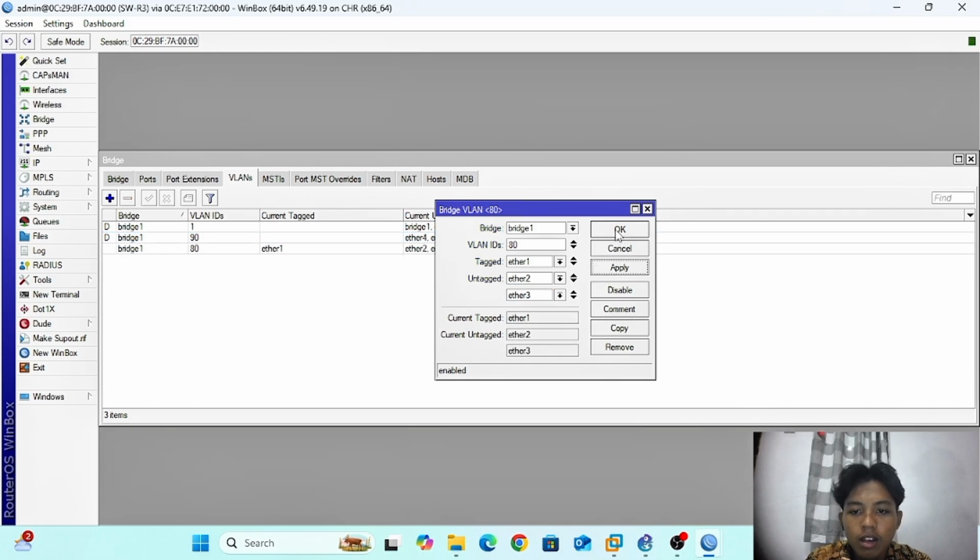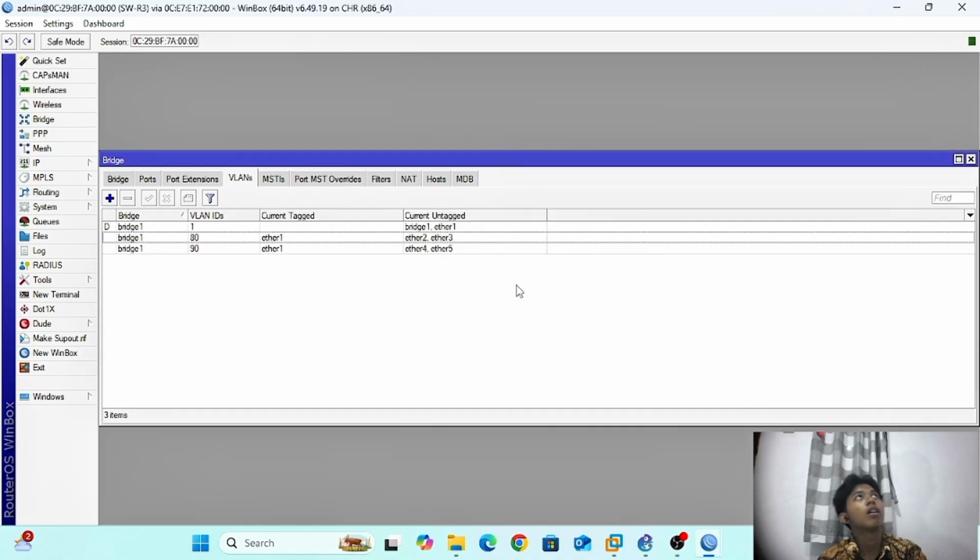Apply OK and add VLAN ID 19, target Ether 1, and target Ether 4 and Ether 5. Apply OK.